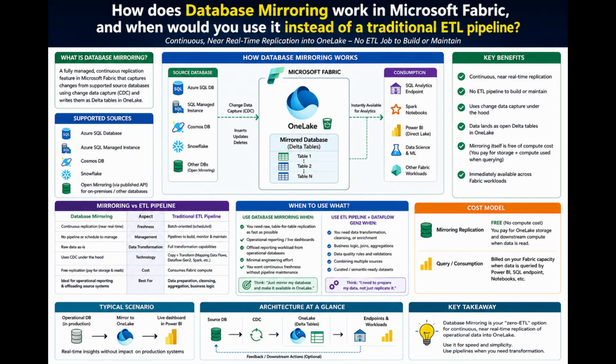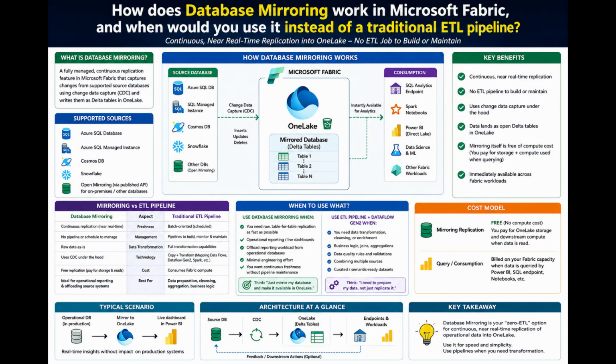Okay, mirroring is fantastic when you need raw, current table-to-table replication with no transformation. Remember, no transformation. You literally want the source table reflected downstream as is, as fast as possible. Think operational reporting. I want our sales team looking at live order data without hammering the production database with reporting queries. That's the textbook mirroring use case. Offloading reporting load off your operational cost, and getting near real-time freshness without writing a